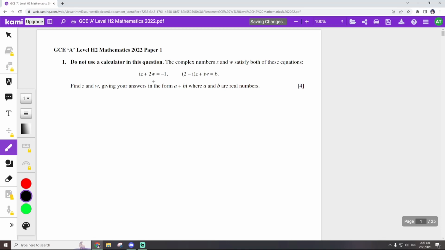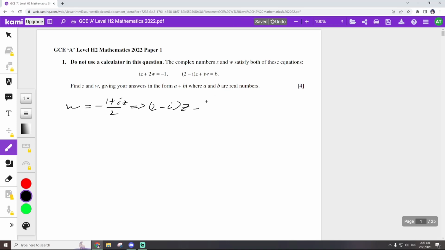First question is simultaneous equation involving complex number. So we'll take the first equation and make W the subject. W is negative 1 plus iz divided by 2. And then we use this to substitute in the equation. So I get 2 minus iz. If I multiply this by i, I will get